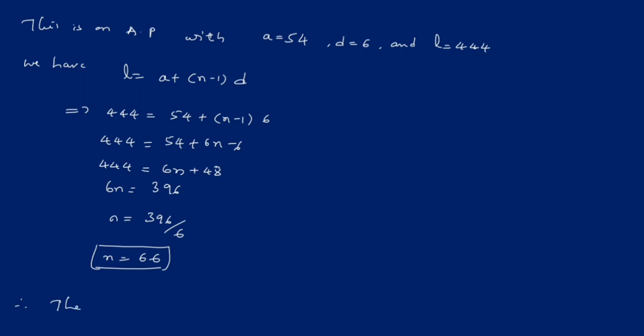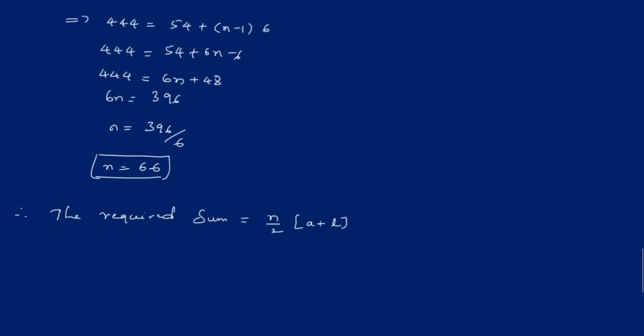So the required sum, which is equal to n upon 2 times (a plus l). So now substitute the values. The value of n equals 66 upon 2, the value of a is here 54 plus 444. So it is 33 into